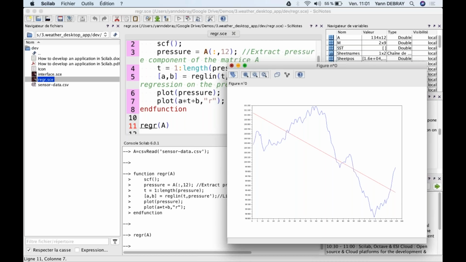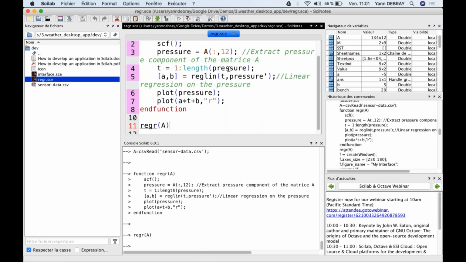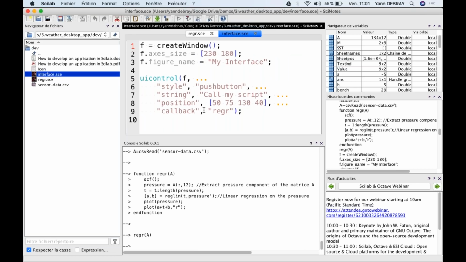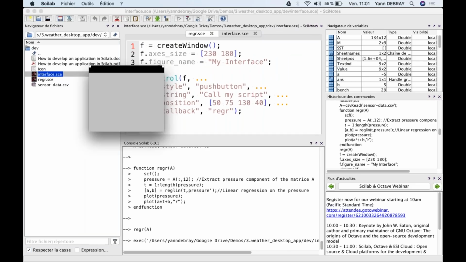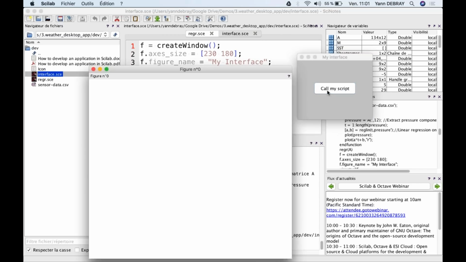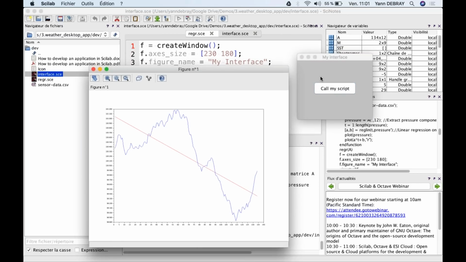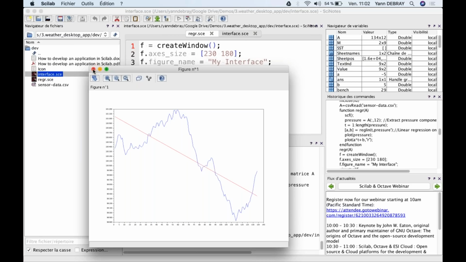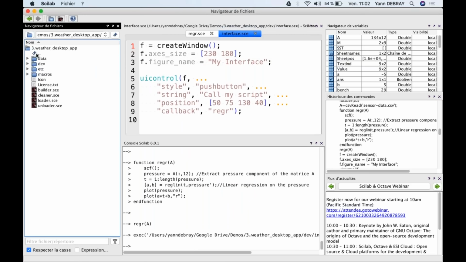Now, when I develop an application, I want to develop also a graphical user interface on top of that. So this is basically working in Scilab. It's through the same function as in MATLAB, UI control. When I play it, you will see it's just displaying a very simple interface with a button, call my script. It's a push button calling my scripts. When I click on it, it's just calling the scripts that I developed. It's not very elaborate, but it's just to explain how the complete idea of a graphical user interface is working. And so once I did that, what I'm going to do is load the complete